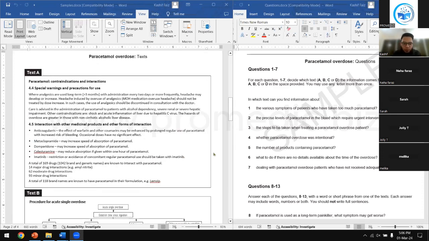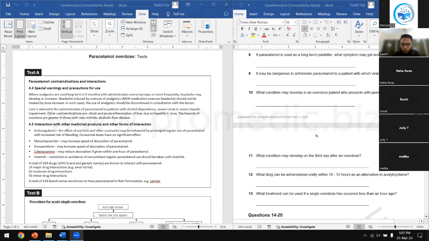Okay, I think it's enough for questions 1 to 7. Have you attempted questions 1 to 7, everybody? Tell me in the chat, otherwise I won't know if you have attempted or not. Yes, perfect. Now from questions 8 to 13, you will have another 4 minutes, and I will keep this file on the left one scrolling down